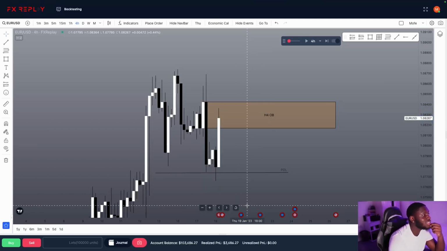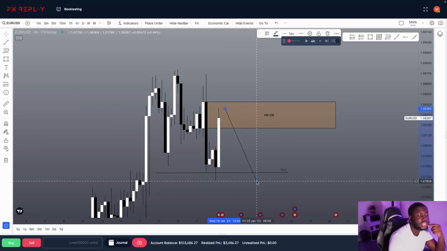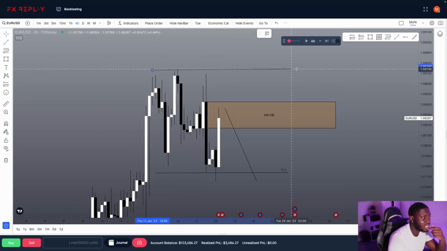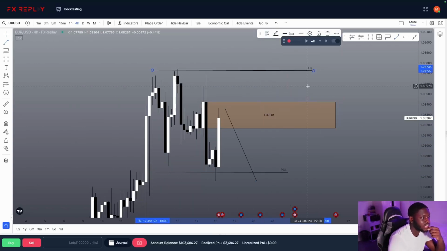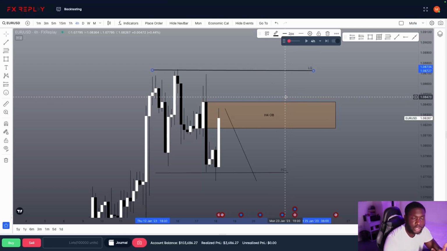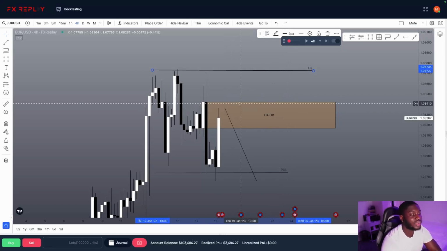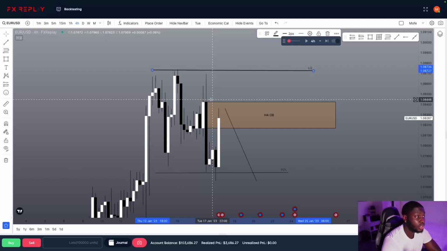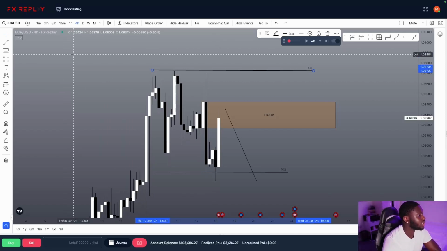Now, to really determine, honestly, if you were to take the sell from this area, anticipating price shooting lower, that's valid. If you're really thinking price is going to take out these highs, that would also be a very valid assumption. So both could be technically right, but you just don't know which one. For the H4 fair value gap, I would love to say wait and see if you see a reaction off of that area before you enter for a sell. If you don't, just stick with the buys. If you do, then maybe you can look for a sell. But yeah, that's really it.